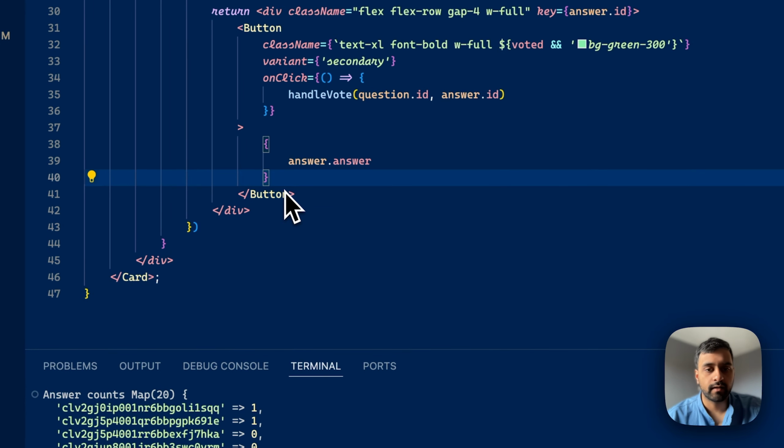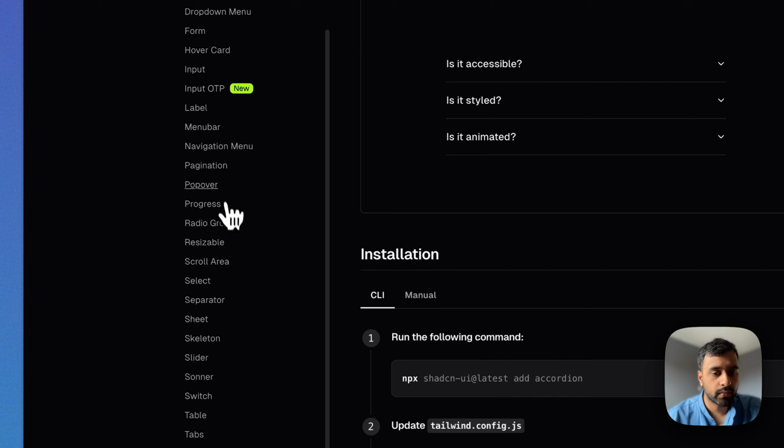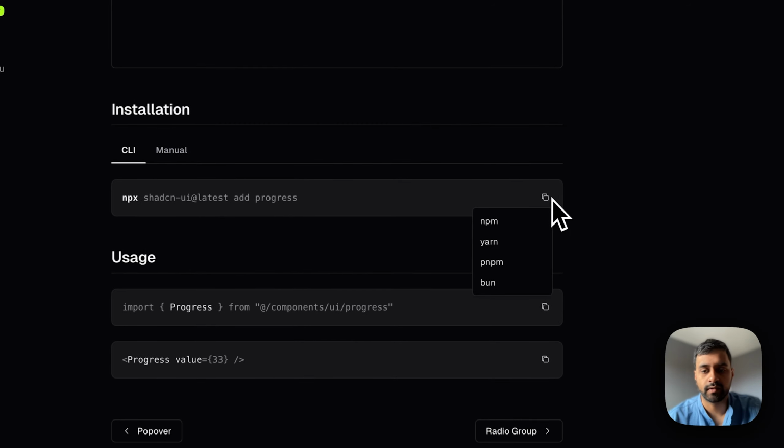Cool. Let's have a look and see if ShadCN has a nice progress indicator. Progress. Yep, exactly what I want. Let's have a look at the implementation details. How has he done this? Use state, and then progress, and then it's just value. Class name width 60%. Okay, cool. Okay. And what we can do underneath here